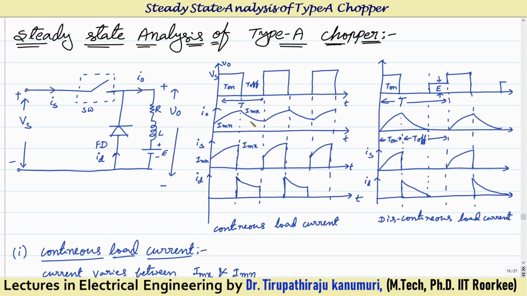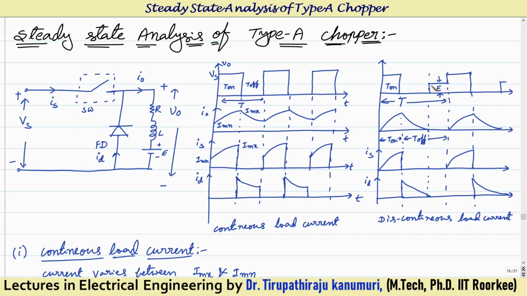So let us assume the minimum value of the current is not some finite value, it is reaching 0. It can reach 0 at the instant of T, or it can reach 0 before that. Let us take the case where it reaches 0 before the time period. In that case, whenever the current circulating becomes 0, because the current is equal to 0, the voltage drop across the resistor is 0 and the voltage drop across the inductor is equal to 0. So your output voltage will be this entire battery voltage. Your output voltage will become E until you turn on the thyristor again.